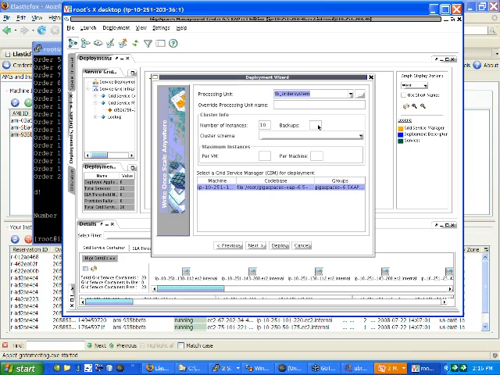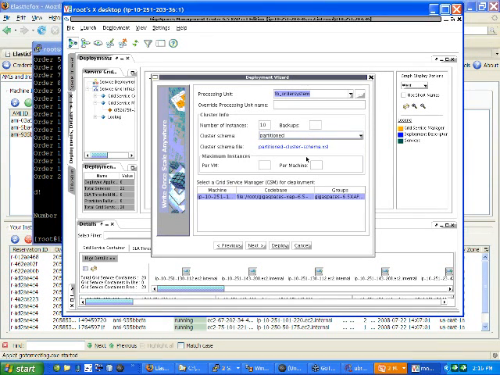Let me just make sure this is actually responding to me. Hope our network stays up for the duration here. I think we're okay. Oh, I know what I need to do. I need to say that it's partitioned. There we go. That was a user interface, user error moment there. And we'll make sure that none of the backups run on the same machine as the primaries. I think that's always a good idea. And then we'll deploy it.